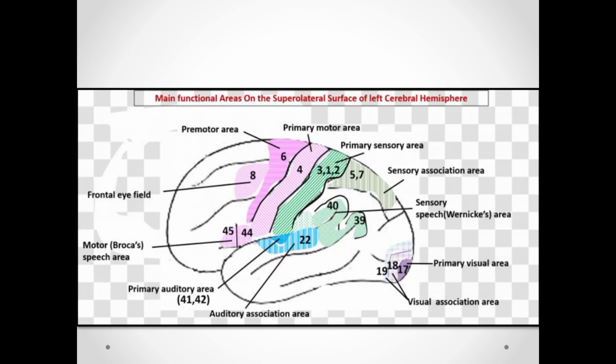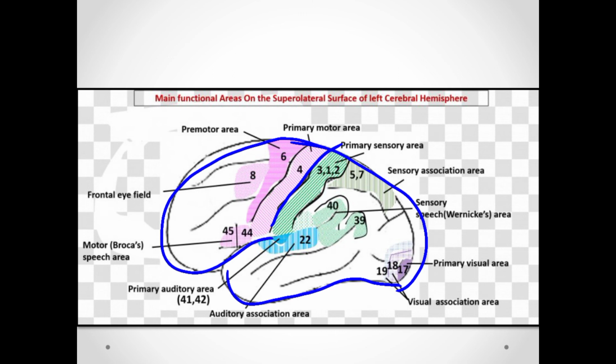Okay, so what you have discussed there, the same thing you are looking at here. See, draw the diagram. First, draw the central sulcus. The area in front of it is called the motor area, primary motor area. The area behind is called the sensory area, area number 3, 1, 2. Primary motor area is called 4. In front of it is the frontal eye field.